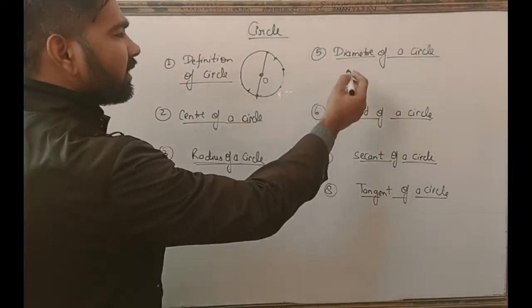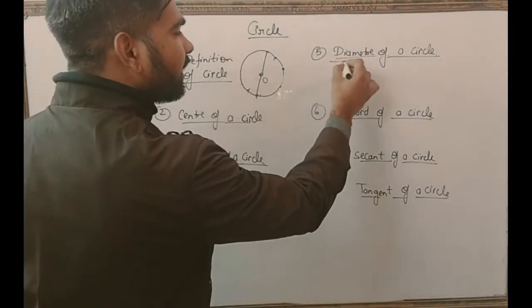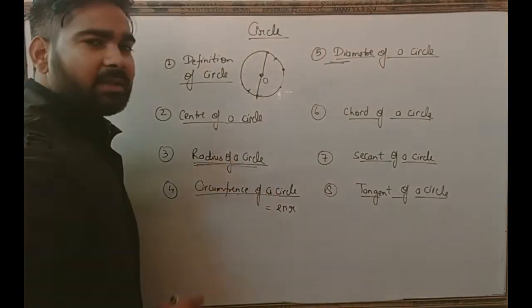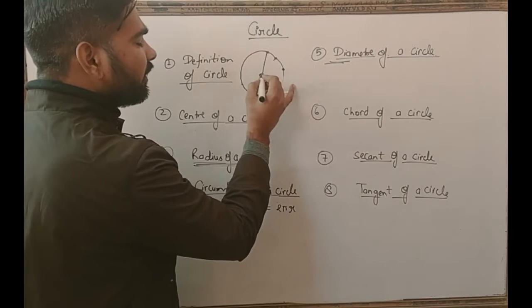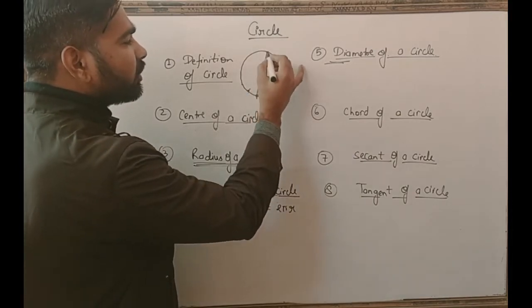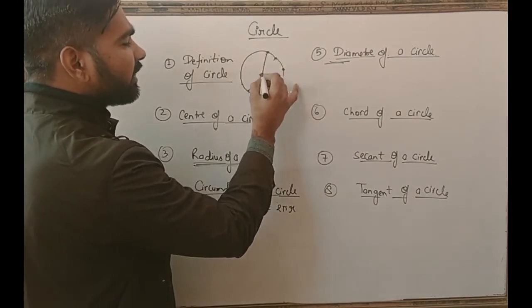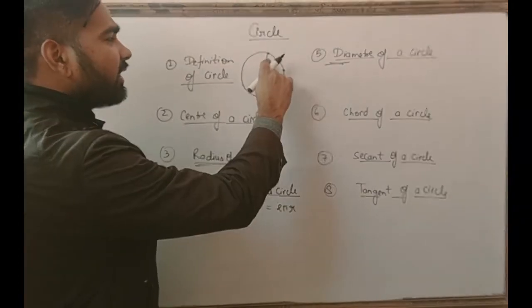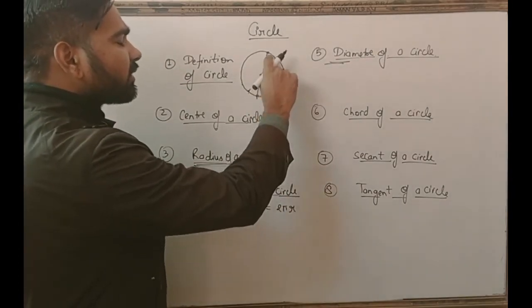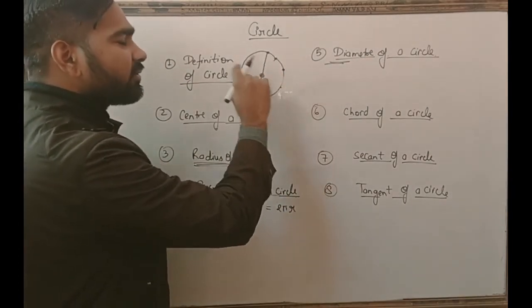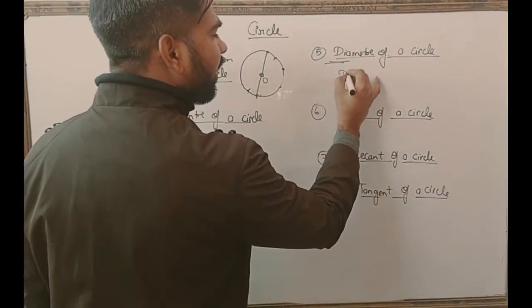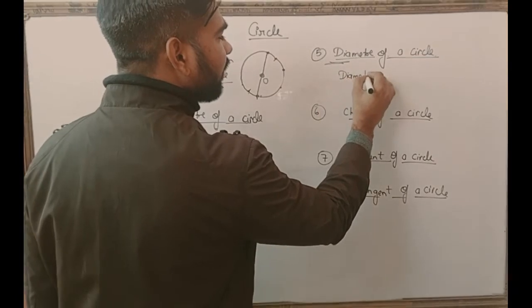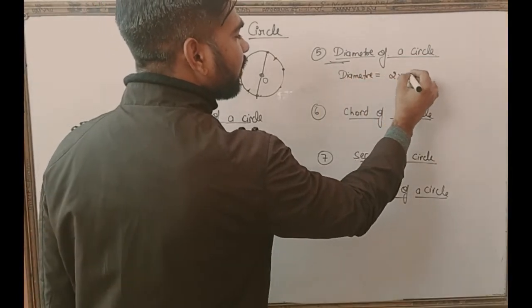Now we make a relation between the diameter and the radius of a circle. Any radius of a circle is half of the diameter, because we know that the line segment joining any point on the circle and the center is known as the radius, and a line joining any 2 points on the circle in such a way that it passes through the center of the circle is called the diameter. So the diameter of any circle is twice its radius.